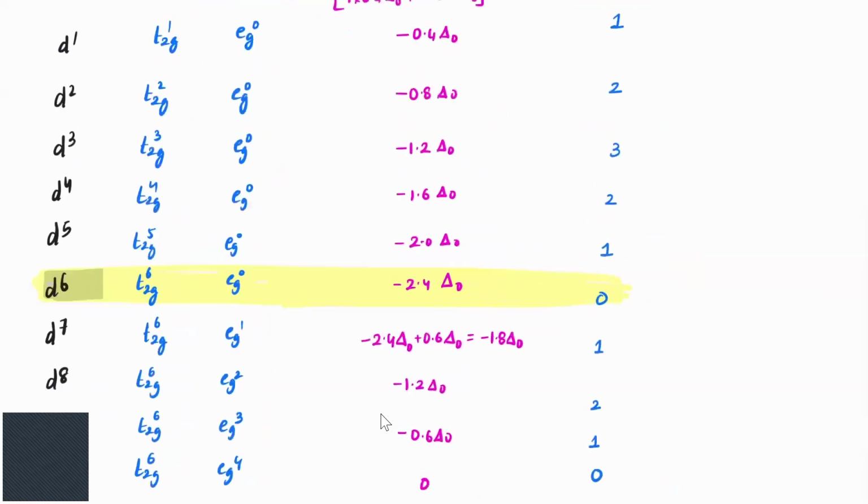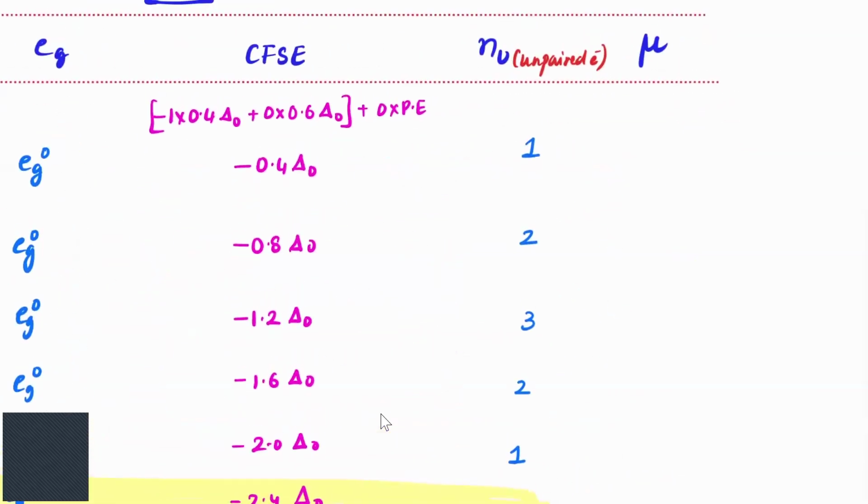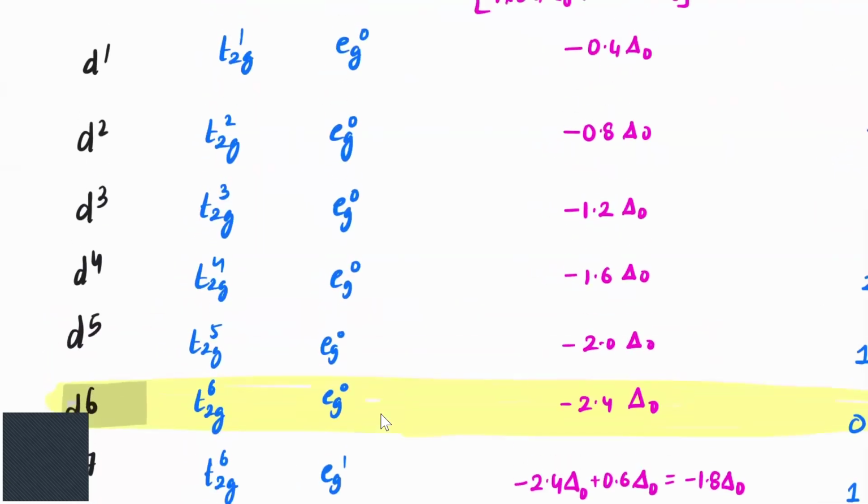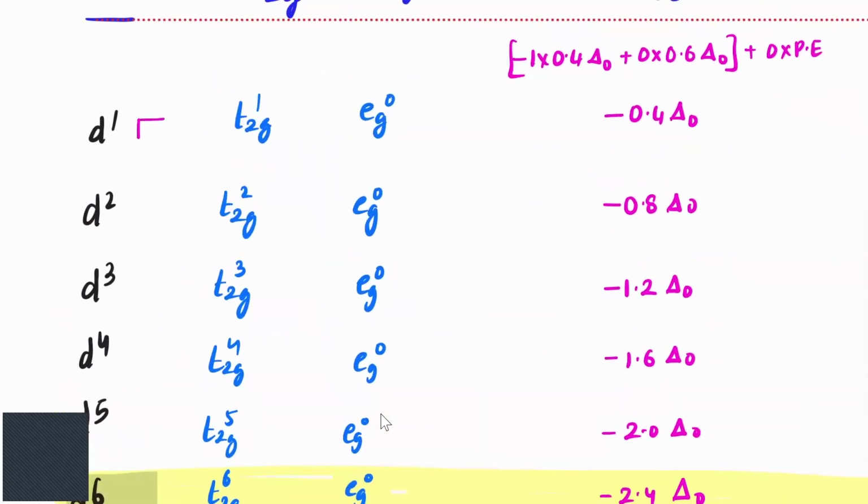Okay. Now coming to the pairing energy. Notice one thing. In the first case, originally when you have the configuration, so let me write the original configuration here. So when it is D1, all 5 orbitals, I'll put it 1, 2, 3, 4, 5 orbitals here. Okay. So let me rewrite that. Yeah. So these are 5 orbitals. I'll just copy and put it to